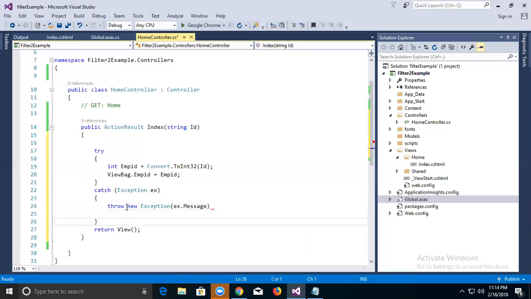Okay. You can pass some ex.Message. Whatever message you're going to display, you can send it there. Or if you don't want to send this particular message, if you want to show a customized error message, you can send that also. So I'm just saying this is the ex.Message which I'm going to send, but right now,